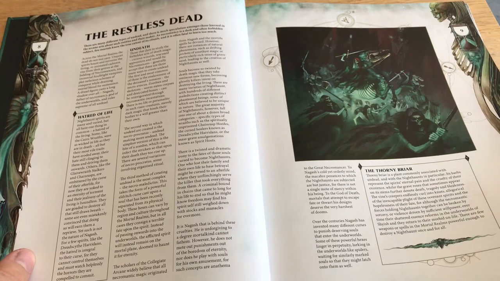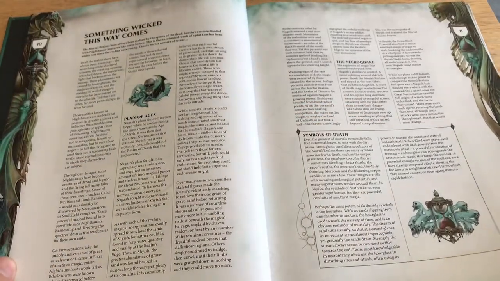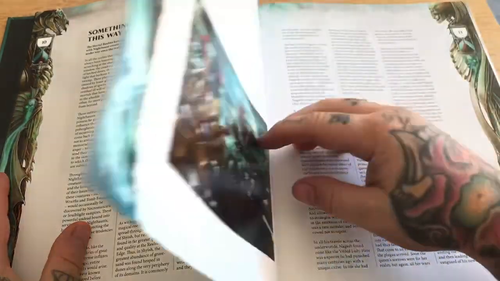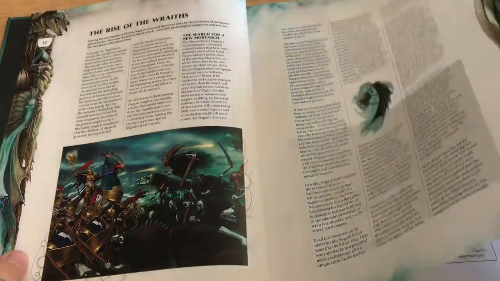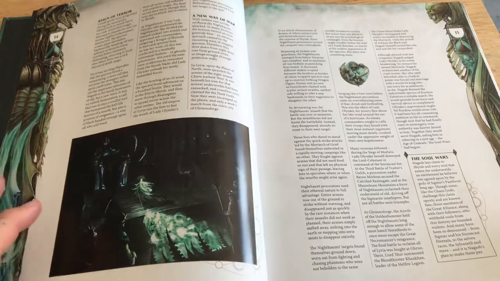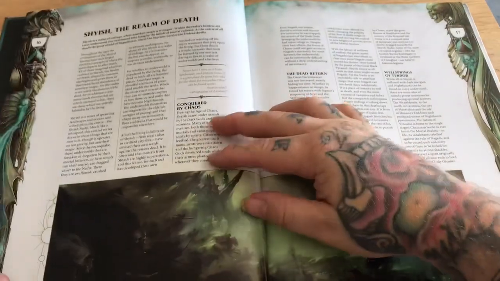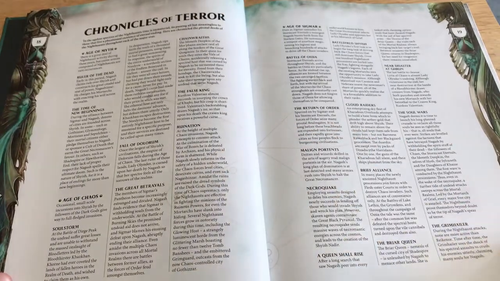Here we just have a few more pages. The Restless Dead, filling in more of the background. Something Wicked This Way Comes. A bit more coverage of the background. Again, a really famous Nagash picture there. He's on his throne with Lady Olinda. Goes through Shaiish, the Realm of Death, the Chronicles of Terror,